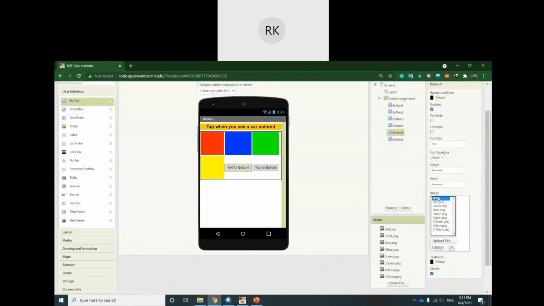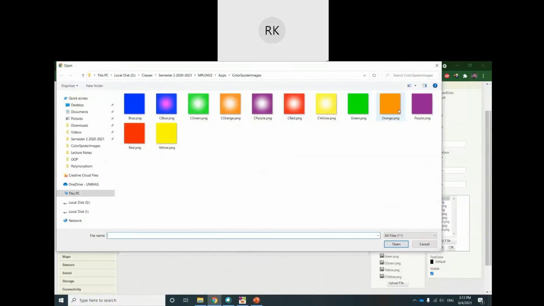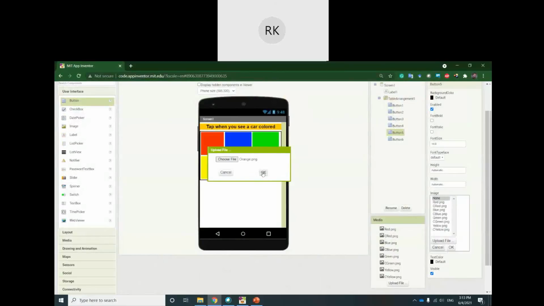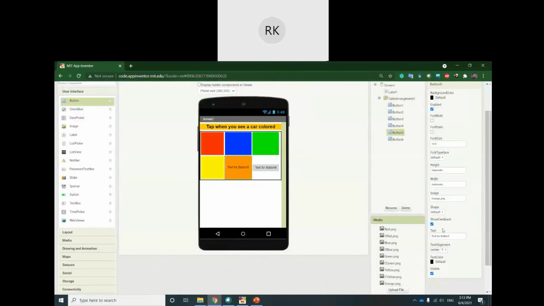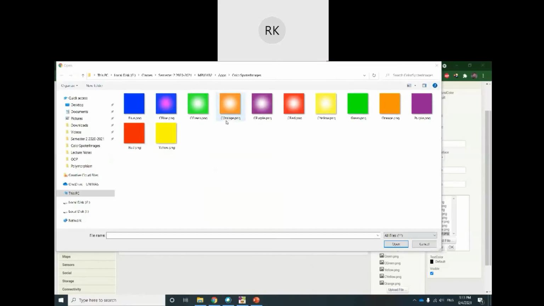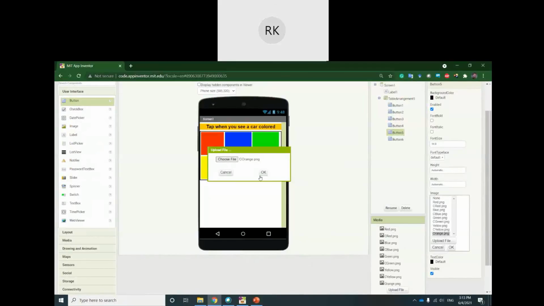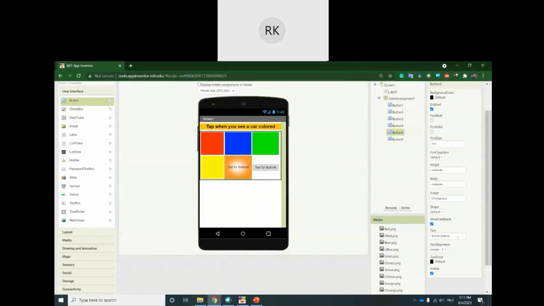Okay, so this one should be orange. All of you got the images? Okay, and remove the text. This image also, okay, this one is purple.